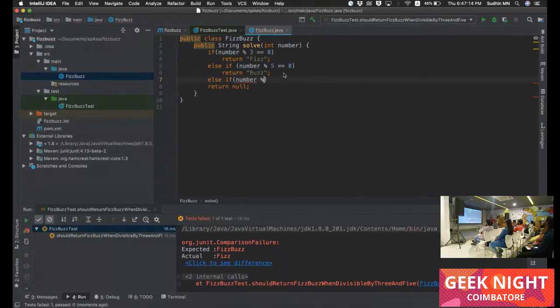So divisible by 5. Number divisible by 3 equal to 0. Return FizzBuzz. Now what will happen? Pass or fail? Right.